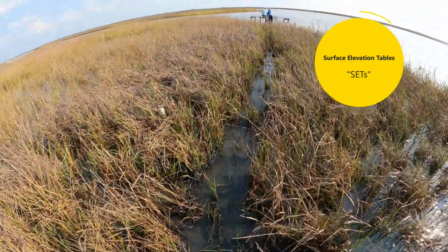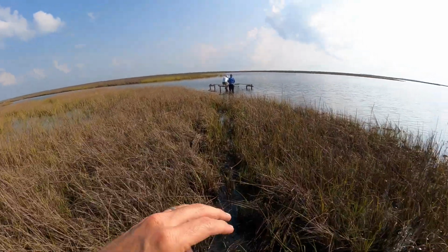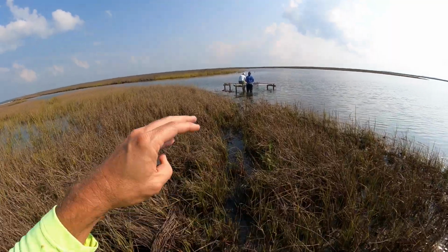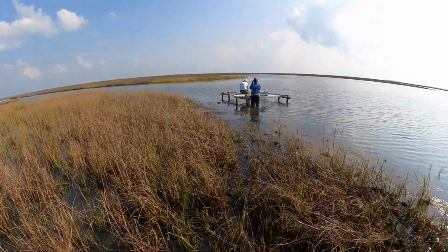But what we're looking at with these surface elevation tables is water level and then sediment coming in or leaving. So we look at erosion and accretion rates, and so this way we can tell how the marsh is changing over time. So we'll walk up here